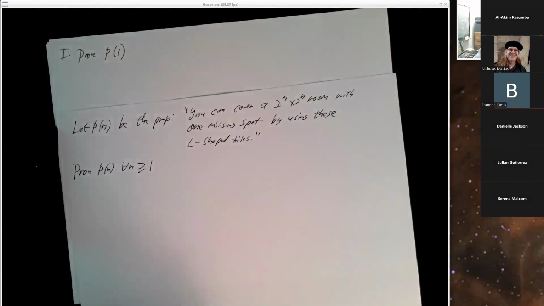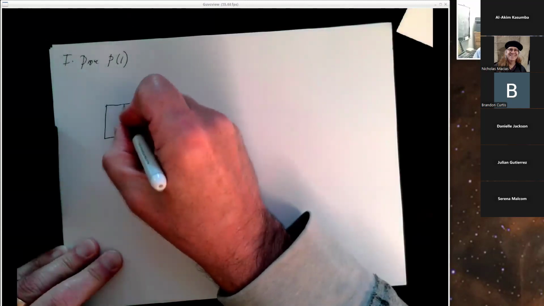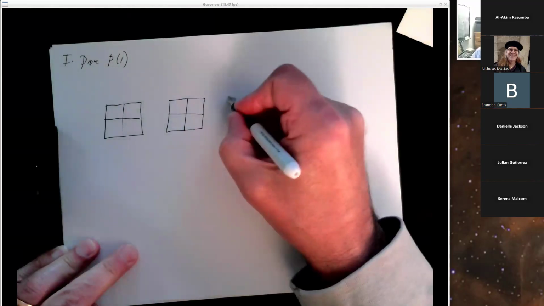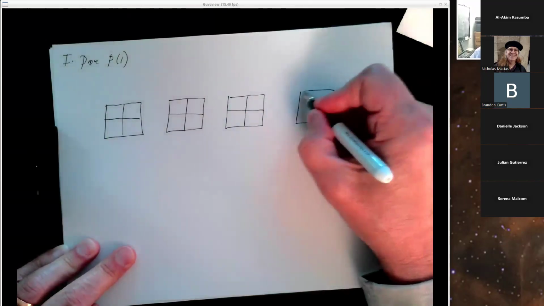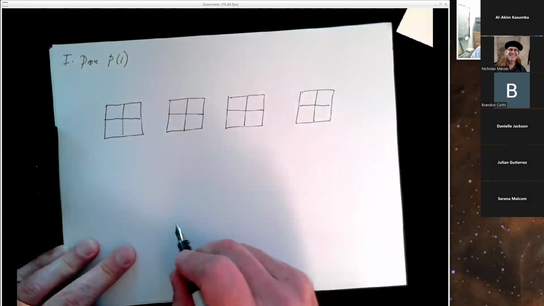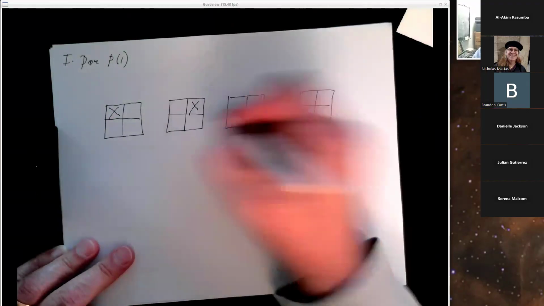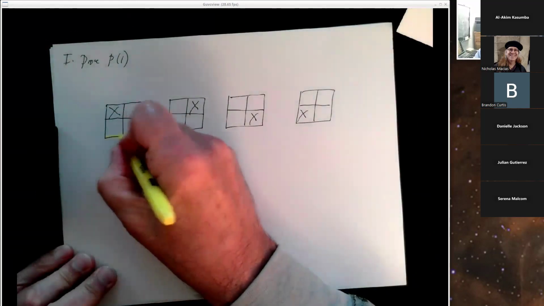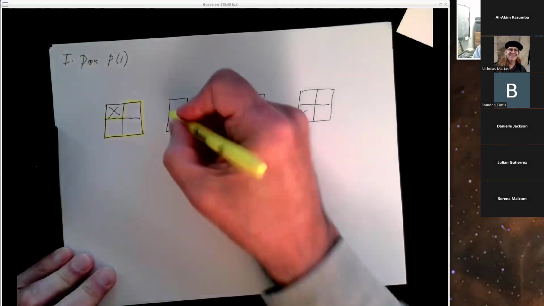Yes, absolutely. And I can prove it pretty easily by just showing how I would do this. So here's a bunch of 2x2 rooms. I'm supposed to have one missing spot. There's only 4 possibilities. It might be that one that's missing, or this one, or this one, or that one. Well, if this square is missing, I can take my L-shaped piece and put it down like that, and I'm done. If this one's missing,